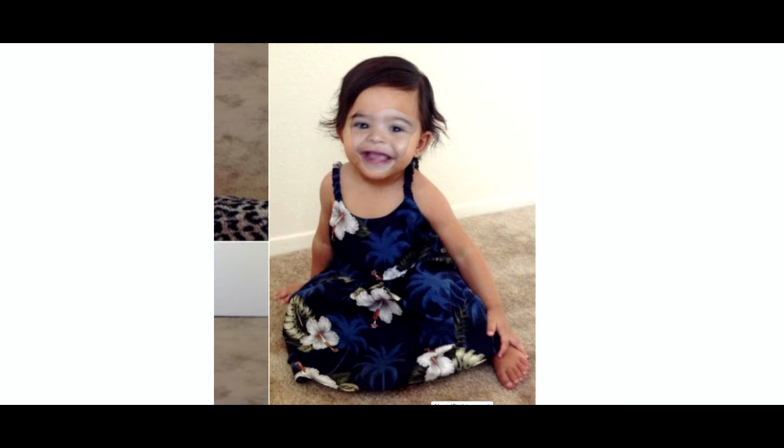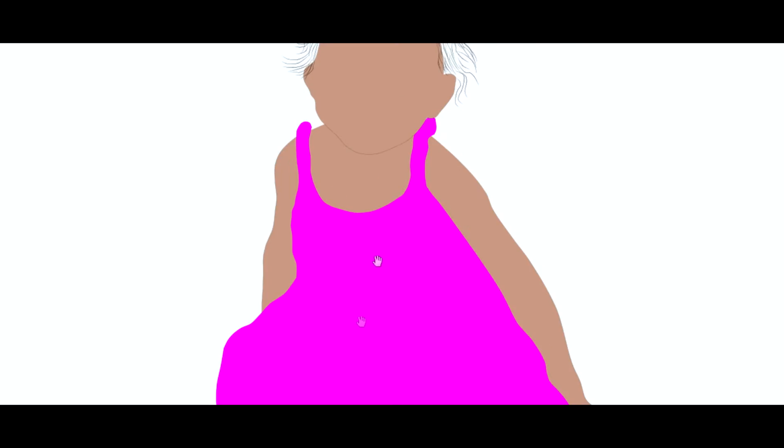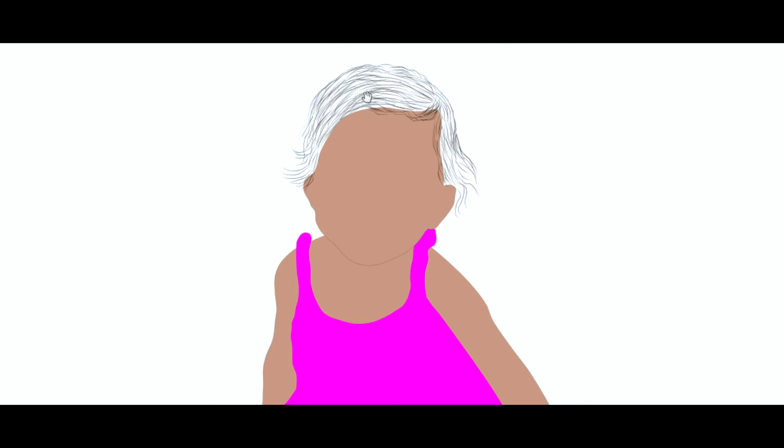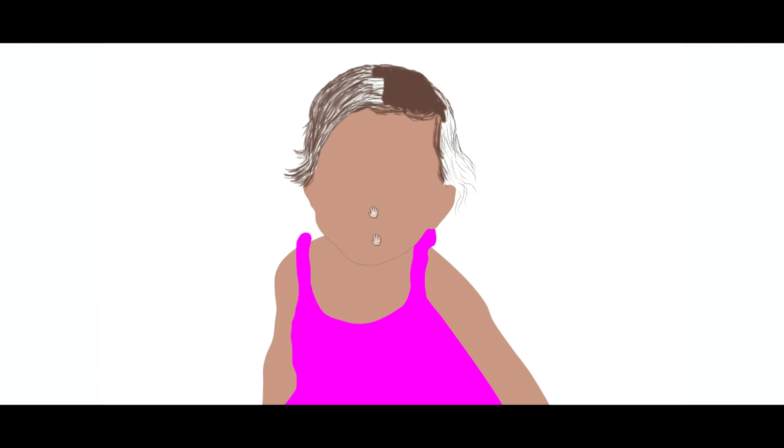So the first thing I do when I start doing graphics is a rough draft, and I outline everything. As you can see here, I just sketched a little bit of the hair in, rounded that off, a little bit of the baby hairs, just got the shapes. I know the color of the dress is off. I just clicked on the first color in the bucket and placed it there after I drew it up. So yeah, the hardest thing on this project was the hair,